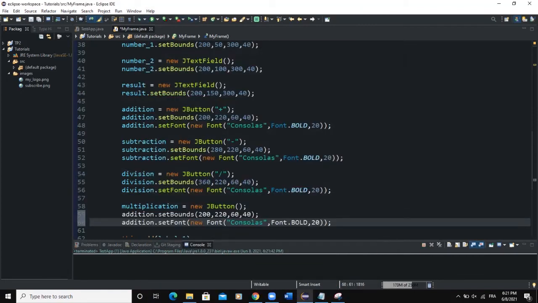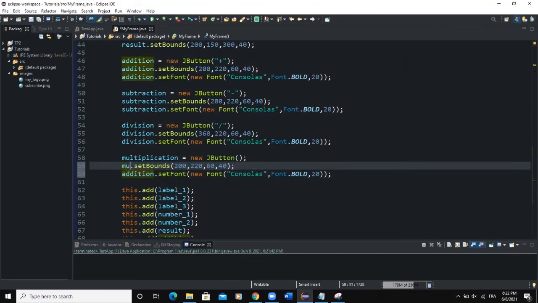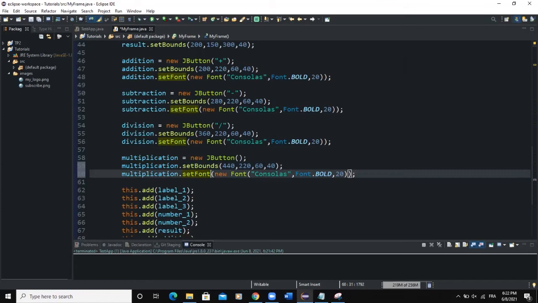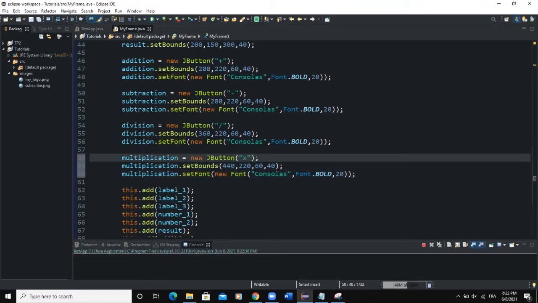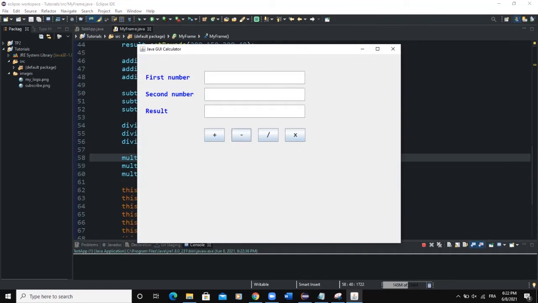We need to add the last button. It's going to be multiplication. So as for this one, I will say 440. And let me set the text of this button. That's the multiplication symbol. All right, so now we are having our 4 buttons: the addition, the subtraction, the division,